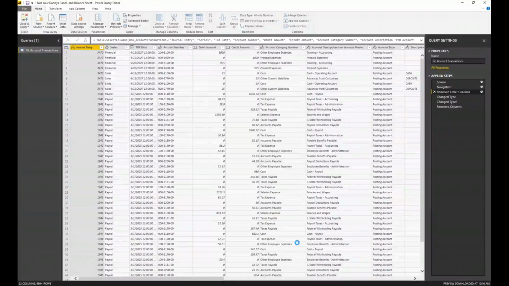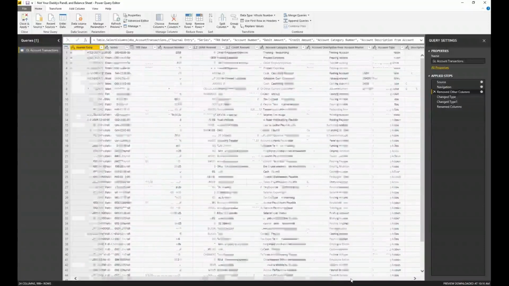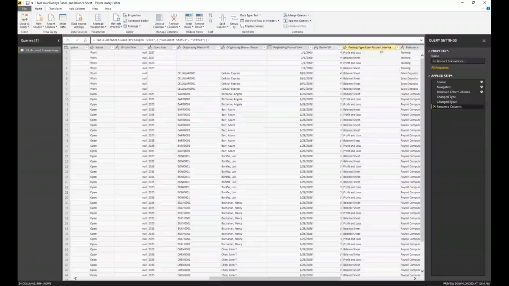All right, so I'm going to go ahead and click OK. So now I have 24 columns. So I've actually added to the number of columns that I have. Let me come in to that posting type column, and I'm going to come down to the bottom, and I'm going to rename that. So it's just posting type. It doesn't have all that account master. So I do a lot of cleanup here.